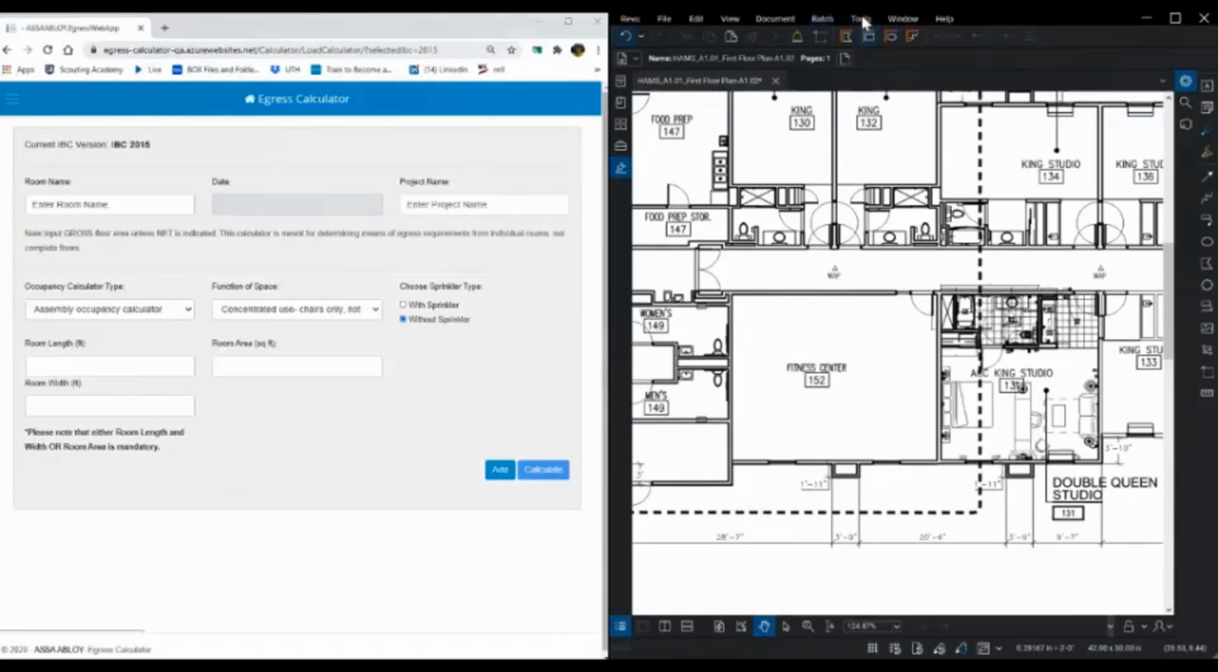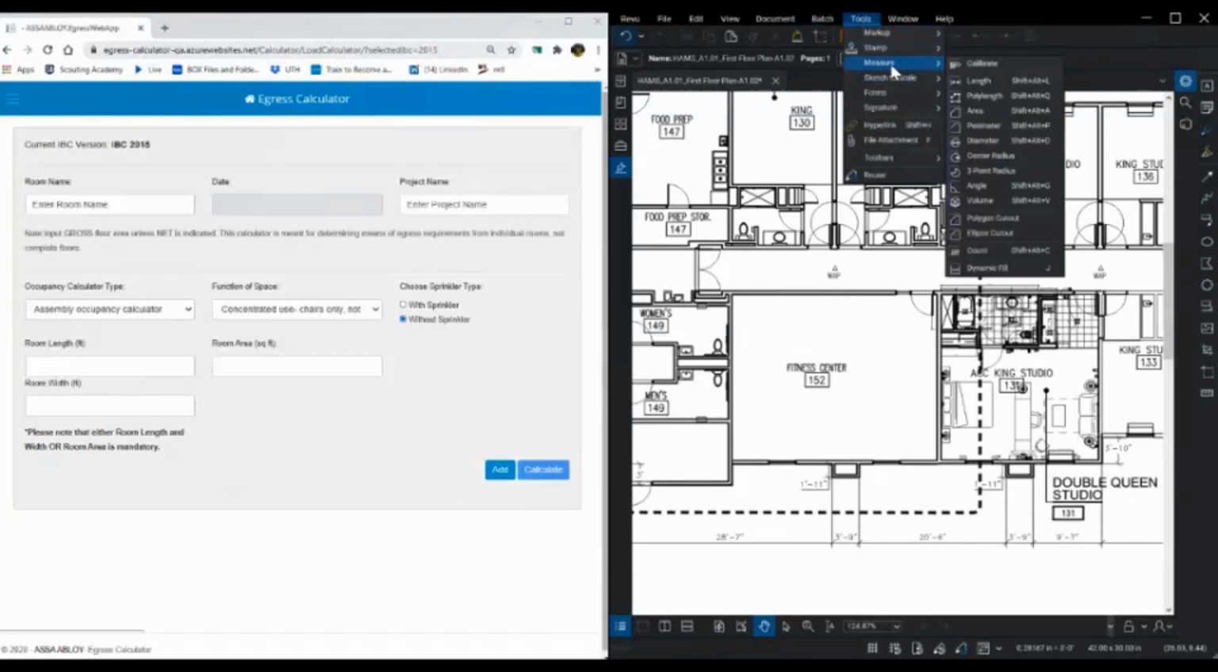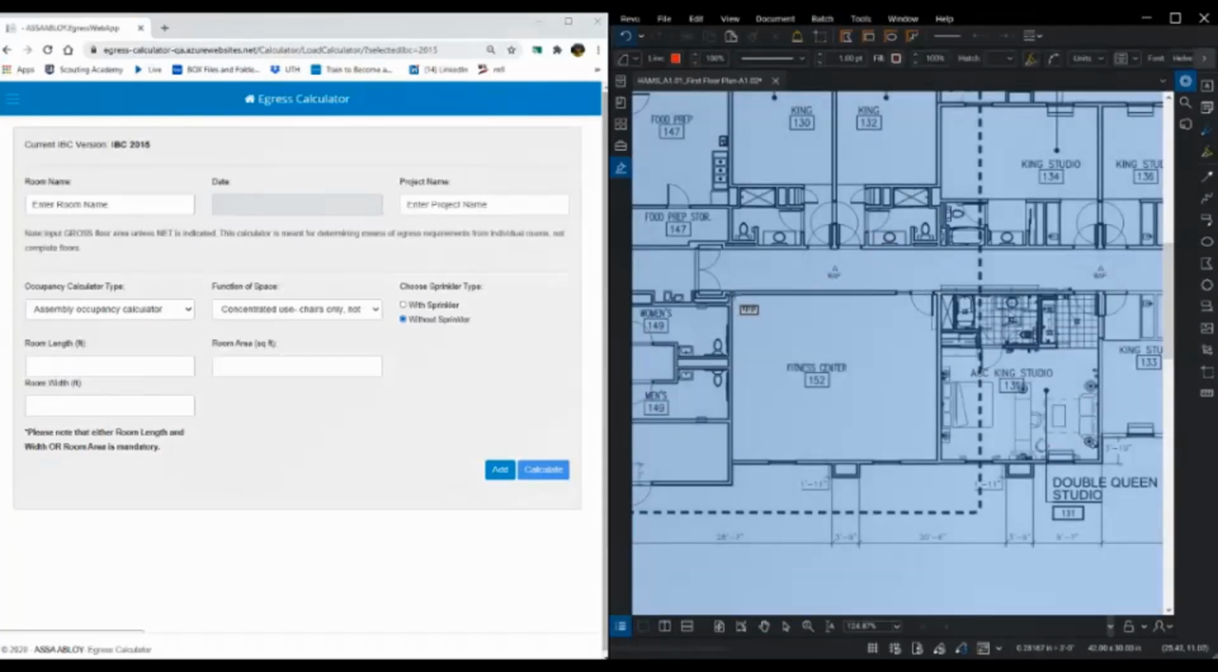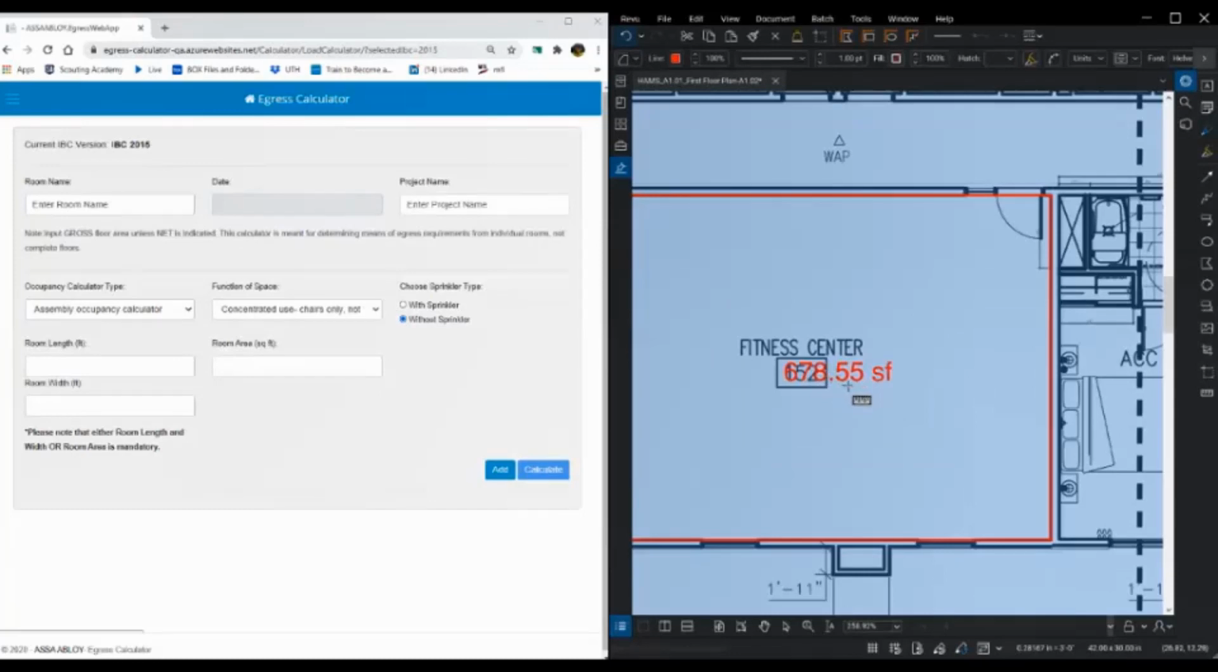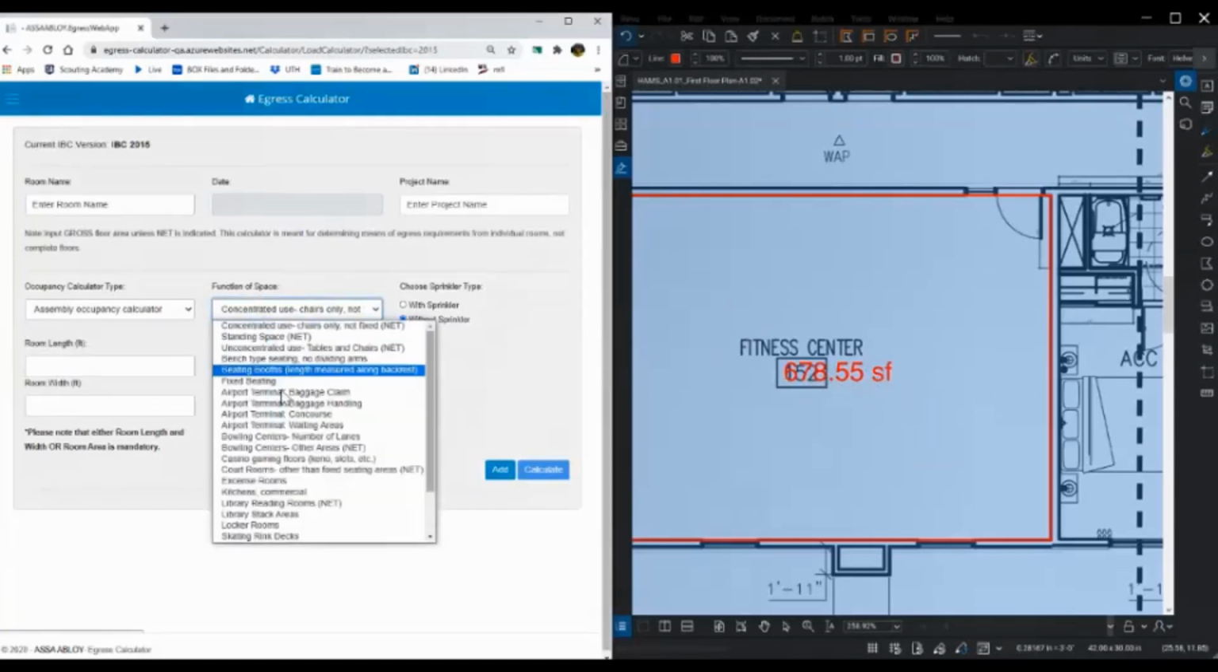And now I can go back to the Tools and Measure and get the area. There's 2 ways I can get the area. I can just click on the corner and drag it out to the other corner and let go, and that tells me 678.55,